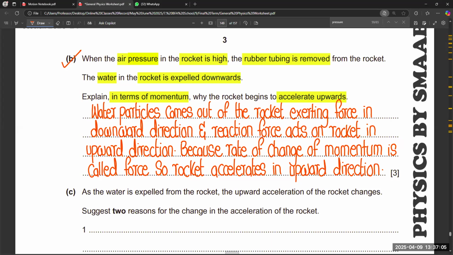So, the C part is related to acceleration. Right now we are not doing acceleration. We are only talking about momentum, pressure, and force exerting on the particles. So, right now, just ignore the C part of the question. We will do that part with the acceleration topic when we revise acceleration, forces, velocity, etc. And if we find some more questions related to the pressure only,